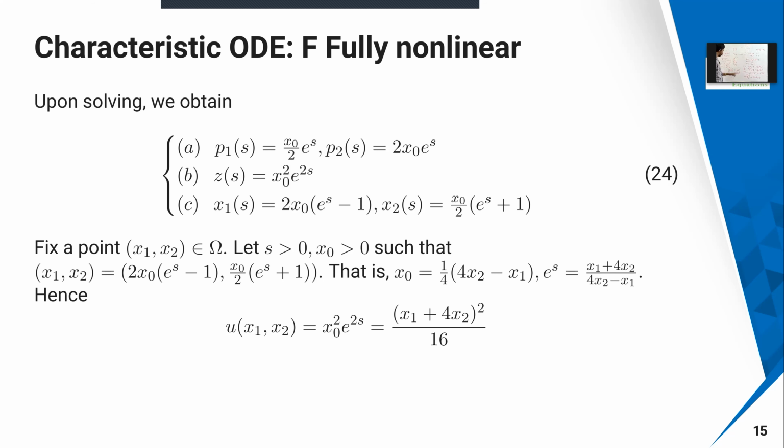You can verify whether u equal to u x you can calculate, u y you can calculate, and verify whether it is satisfied. So u equal to y square is going to be satisfied for sure, because the boundary condition is that x equal to 0. So if I put x equal to 0 here, it is going to be 4y whole square, so 16y square by 16, so y square is going to come. So the boundary condition is clearly satisfied. You can verify whether u x plus u y satisfies the first one.